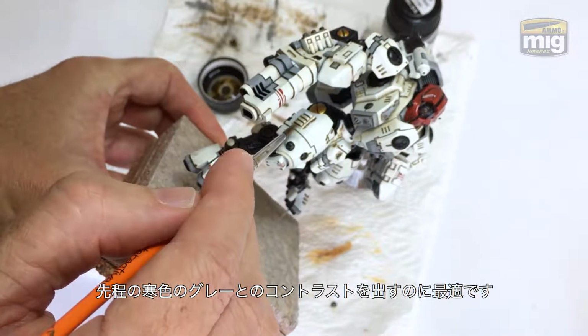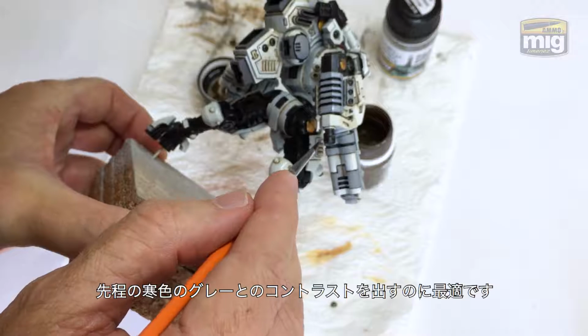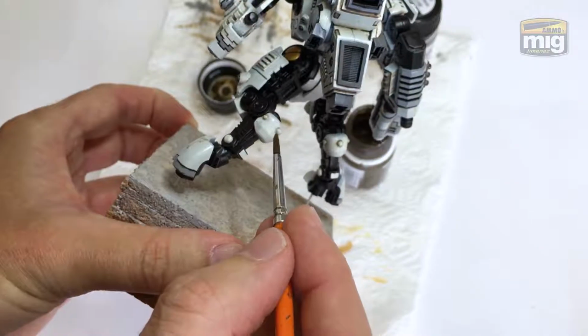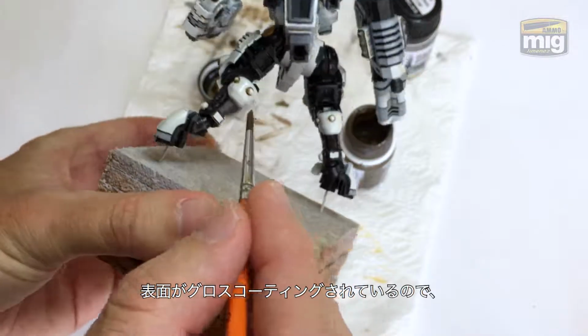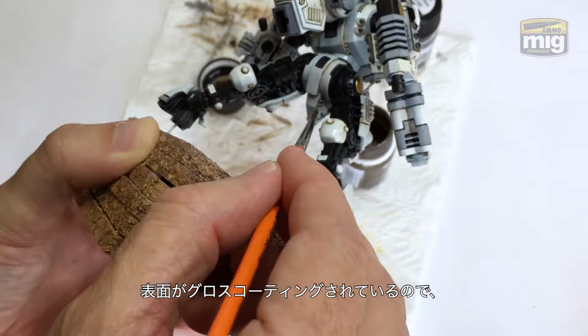Because of the glossy surface here, that's an important part of your surface preparation. It will allow this mineral spirit based product, which has a low surface tension, much lower than acrylics, to flow very nicely into and around detail. And what we're doing here is adding to the visual contrast. As we put the darker color into the recesses of the model, it's adding a shadow and outlining